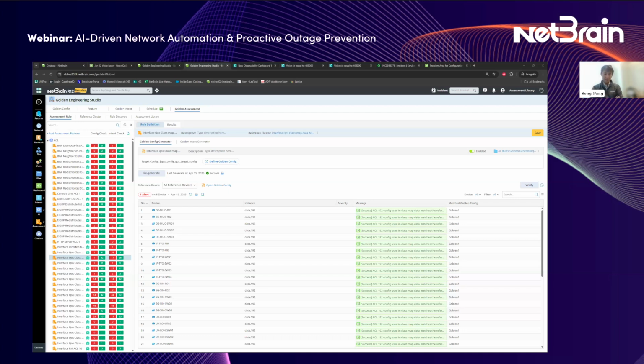Absolutely. As you're talking, David, it reminds me that oftentimes we think about golden configuration audits, right? Check our networks for golden configurations. And oftentimes the biggest challenge is: what is golden? Networks evolve so quickly.